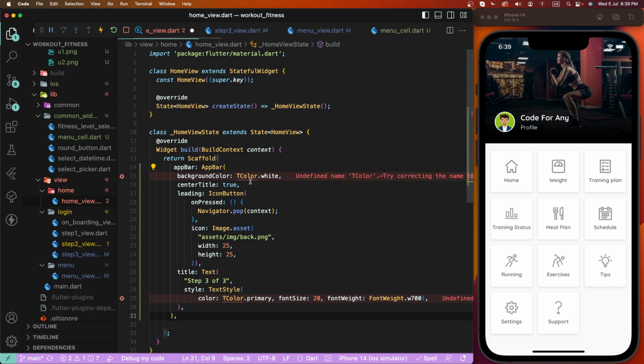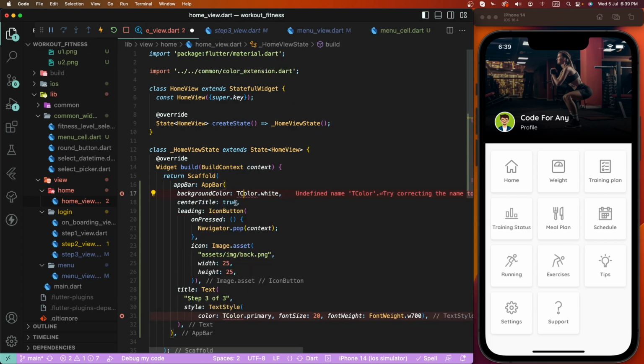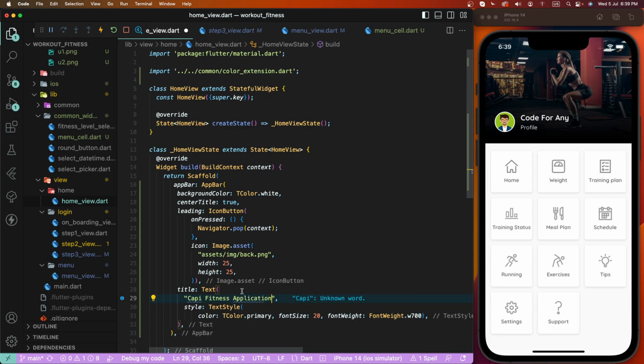Need to import this color here first of all, and give it the titles, as applications. Fitness application, we need to write down here the titles,